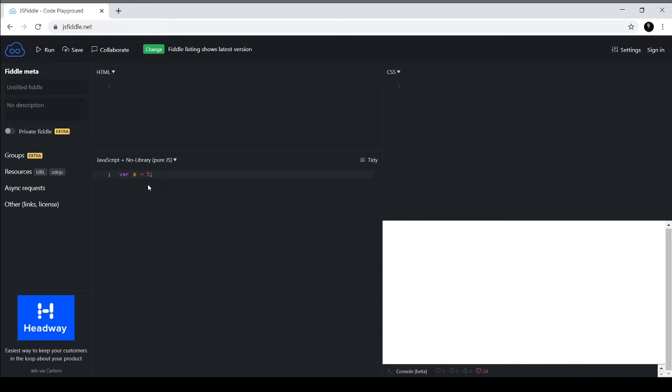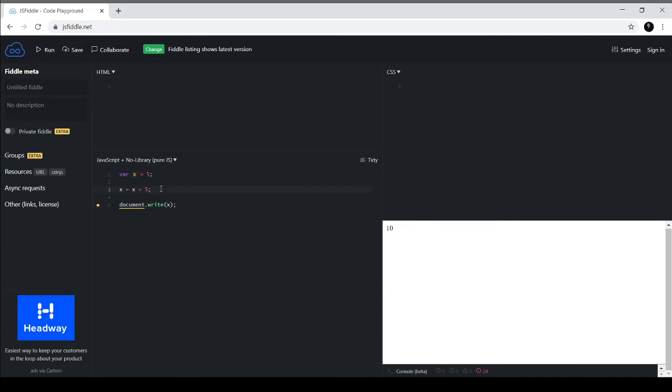So you're aware that this is used to assign the value of 5 to x, right? And then when we say document.write x, the value will be 5. And if I want to increment the value of x by 5, if you've seen my earlier videos, then you know that there needs to be a space here, just as a best practice. So if I run this now, I'll see that the value of x is 10